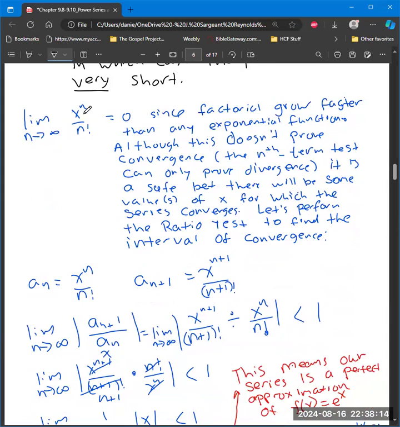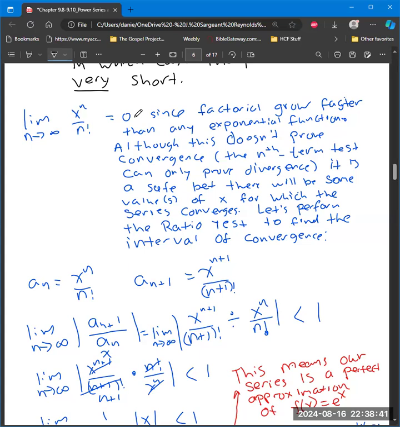But just look at this and say, okay, x is going to be a real number that gets chosen. So we have something that's exponential up top, base x to the n, over n factorial. Well, n factorial grows faster than an exponential function, so this is going to go to 0. Now, saying that it passes the nth term test